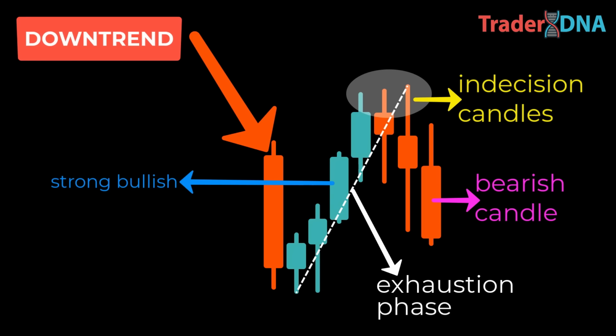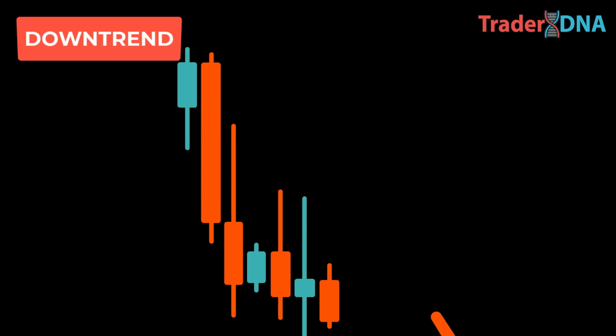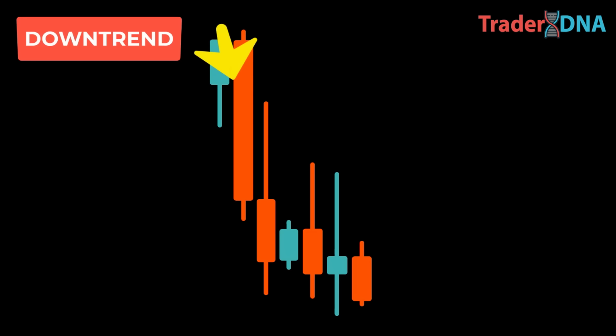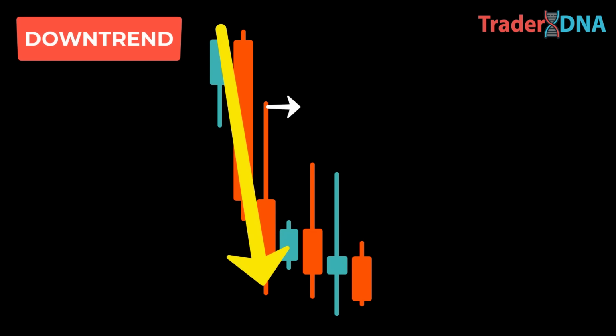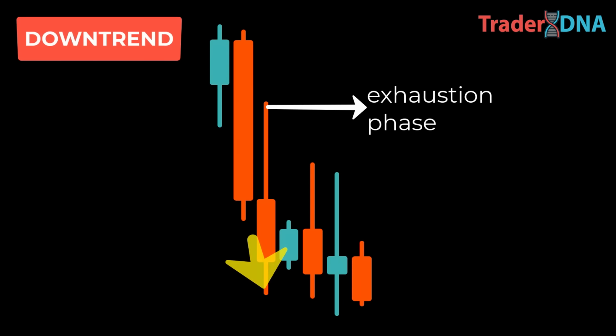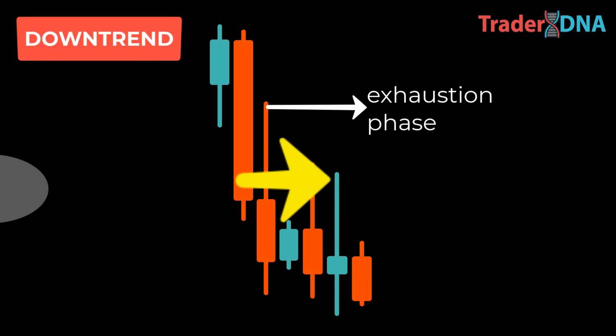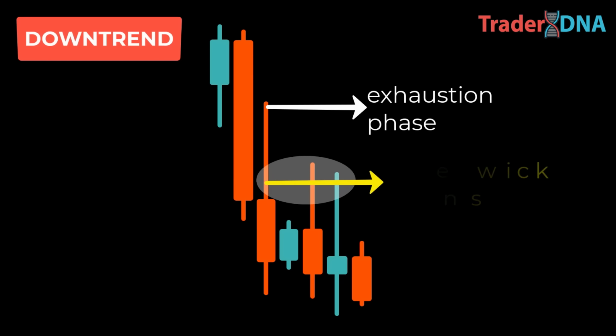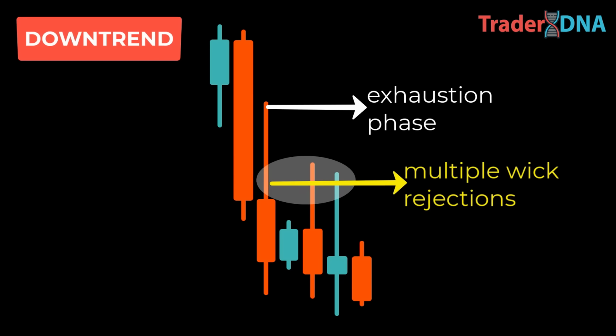Next, let's zoom in on what happens next in that downtrend. When the market is moving strongly to the downside, we're still in that exhaustion phase. But now, we're looking for multiple wick rejections. These wicks tell us that bullish pressure is trying to push things back up temporarily, but the overall bearish trend is still holding strong. The bears are taking control again, and that's what we're waiting for to confirm that the